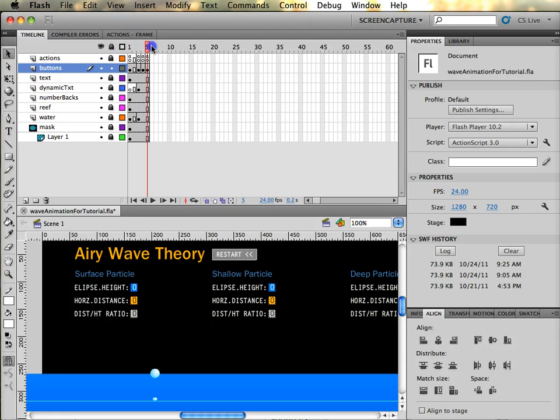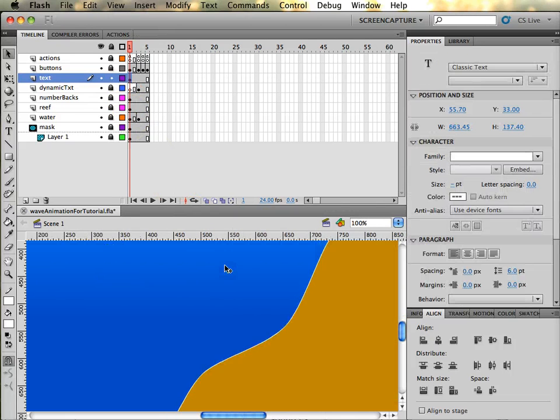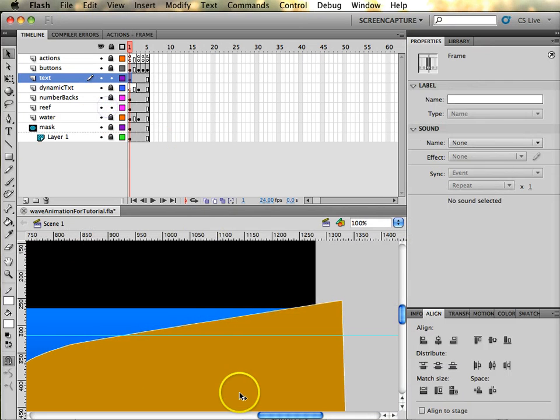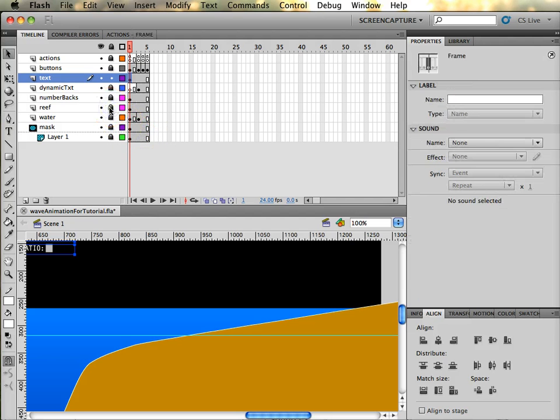All right, but there are some things in this movie clip, this animation, that don't need to be different. They're the same throughout the whole thing. For instance, most of my text does not change. Some of the drawings do not change. This reef I made right here, I guess sand, whatever you want to call it, is just a drawing object. It's going to stay the same throughout the whole movie. This mask layer, that's kind of the background, that's going to stay the same throughout the whole movie. Okay, so this is how you set up